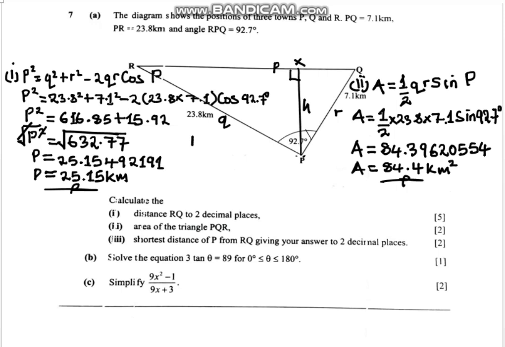So Roman numeral 3, area is equal to 1 over 2 BH, and on area we're going to put 84.4, all this equal to 1 over 2 B, on B we're going to put 25.15 because that's our base, so times 25.15 and then H. So 2 is going to multiply with the 84.4 and this is going to give us 168.8. Then this is equal to 1 times 25.15 times H gives